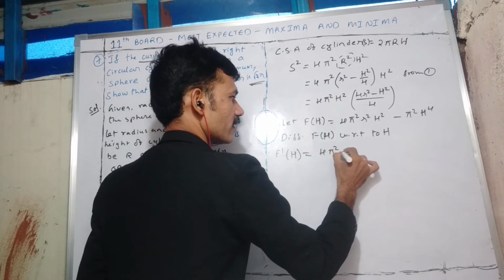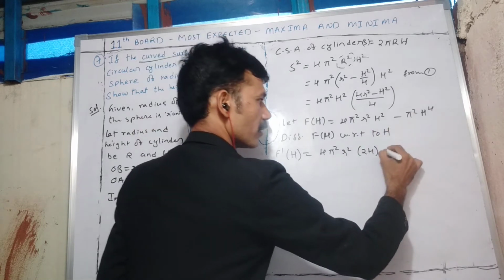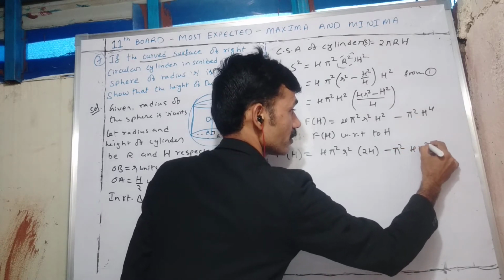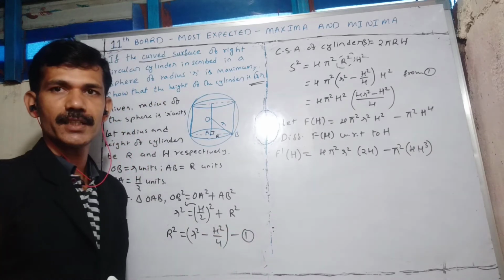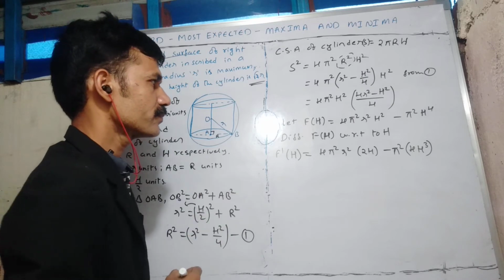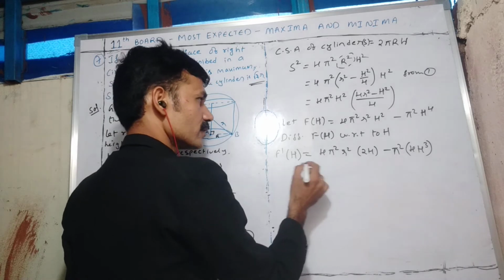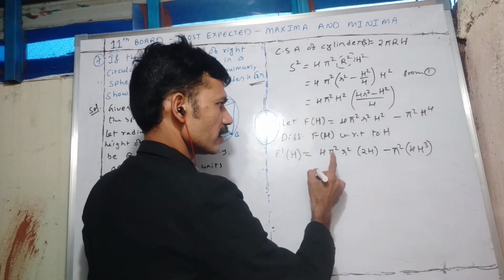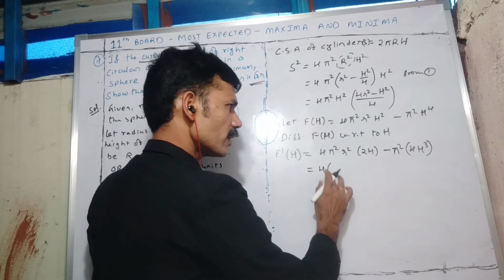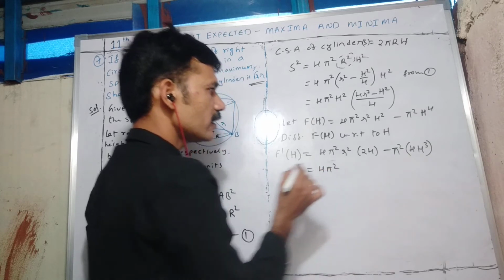4π²r²h² will give, if you differentiate, 2h minus π²h⁴. You are differentiating h⁴, giving 4h³. Okay, the derivative of xⁿ we are using is n times xⁿ⁻¹, no? Like that. So what we can do here is find the stationary point. Here, first we can take 4 common, and also π² common, and anything else we can take common.